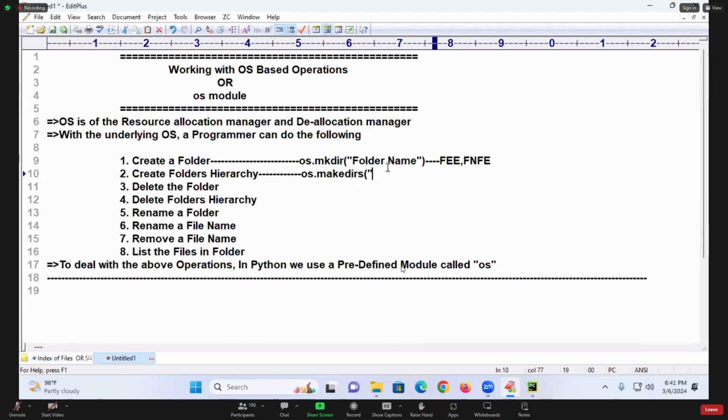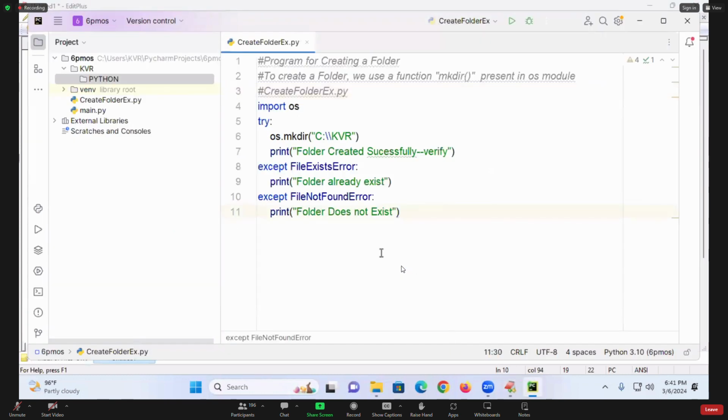I will write folders hierarchy here. You decide what the next step will be. Write down, open the notes. Write a Python program. Next program: write a Python program which will create